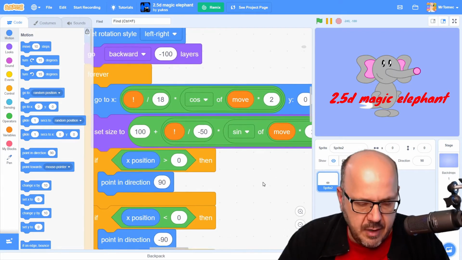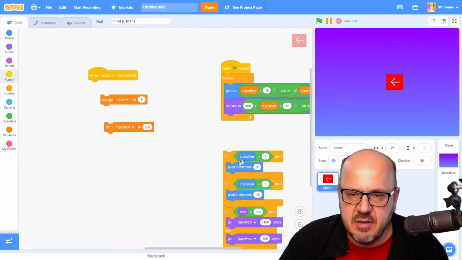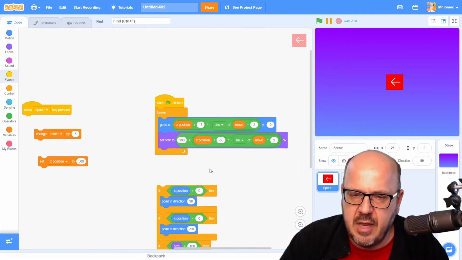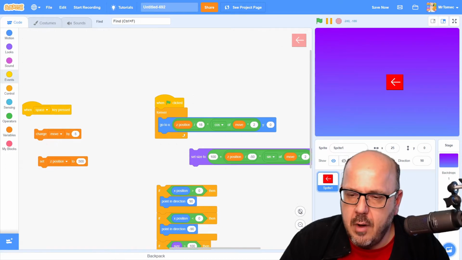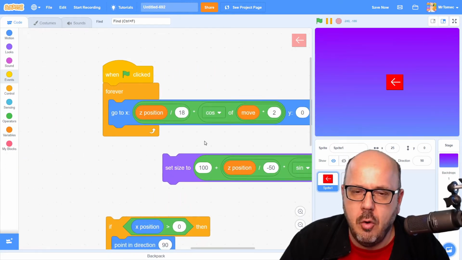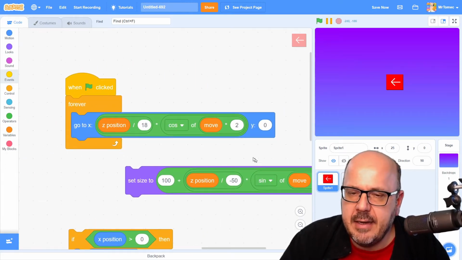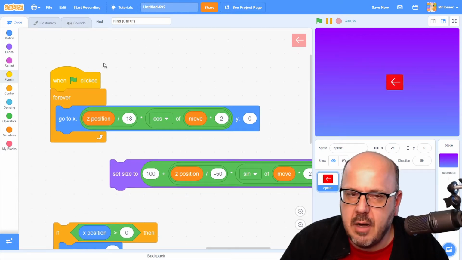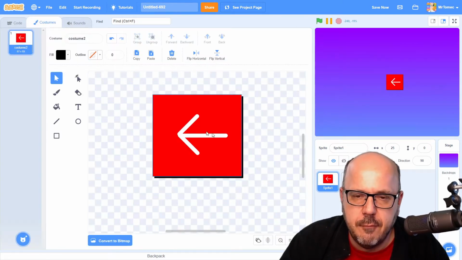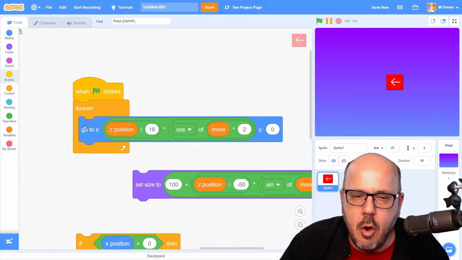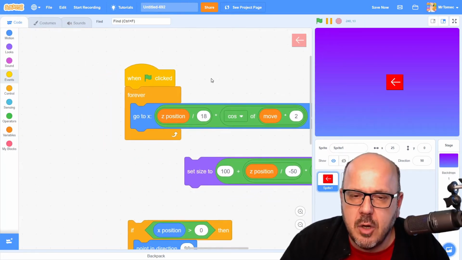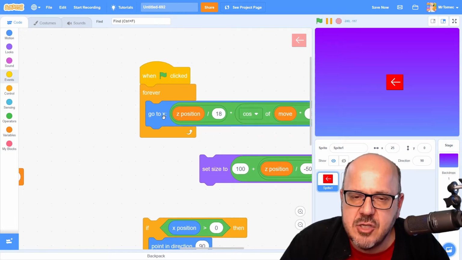So I've got a little isolated project here that just has little bits of this code in here. I want to show you how it works. So I've taken the part with the go to X here, and instead of having it attached to a body part, I've created a little sprite just for a little red object that I'm going to move around the screen. So you can see this is a go to command,